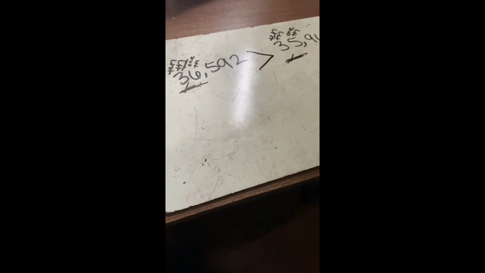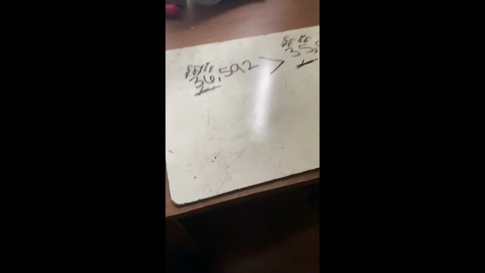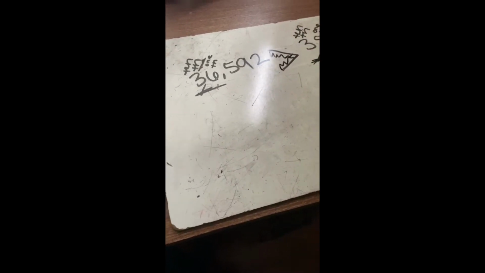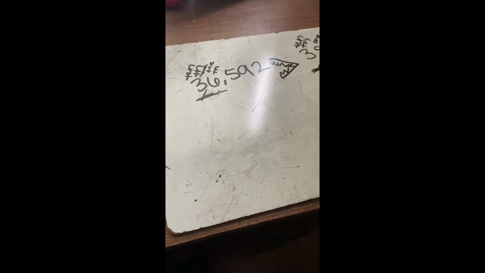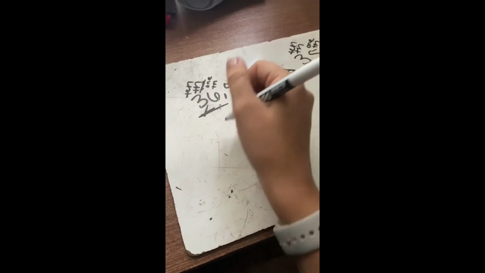And it tells us that 36,592 is greater than 35,962. And so remember, the alligator wants to eat the bigger number. So he opens his mouth toward 36,592. And again, the reason why, to answer this question, is